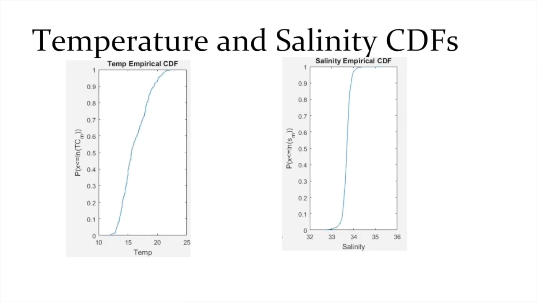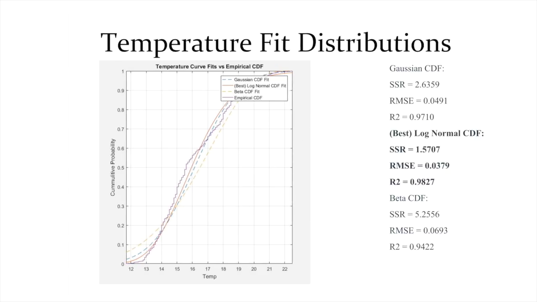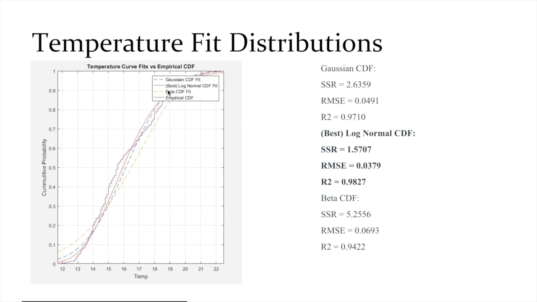Also using MATLAB, we tested the normal, log normal, and beta distributions to see which one best fit the empirical CDF of the temperature and salinity. For temperature, as you can see from this graph here, our best fit seemed to be the log normal distribution, indicated by the red line in the graph. To provide statistical evidence for the best fit,